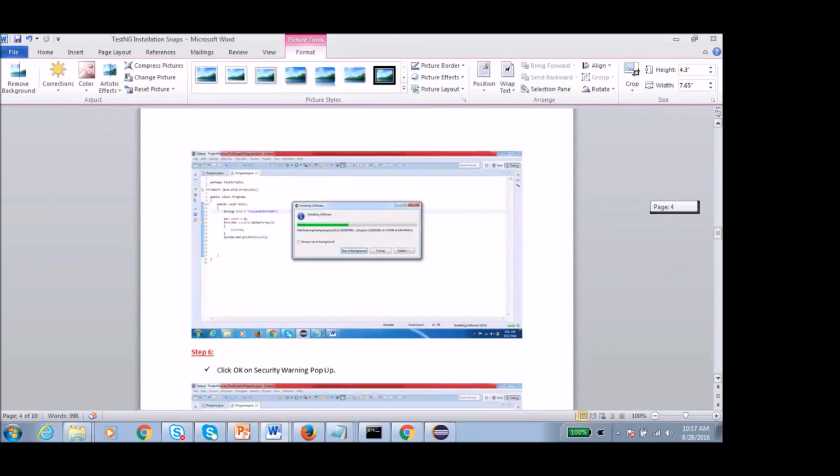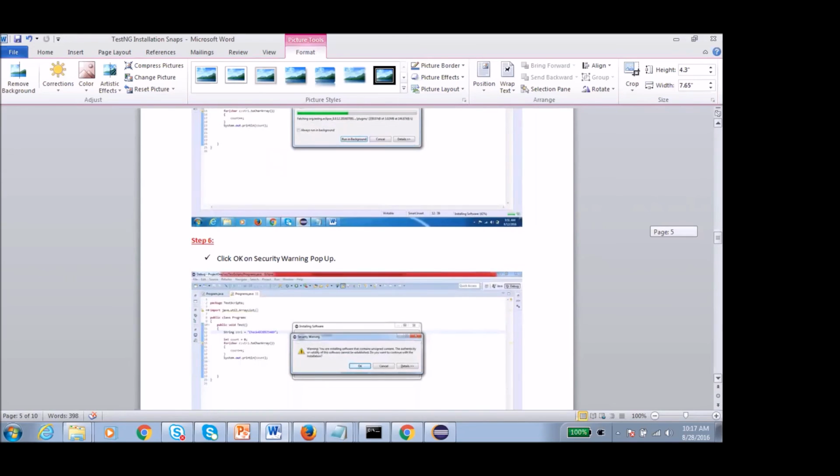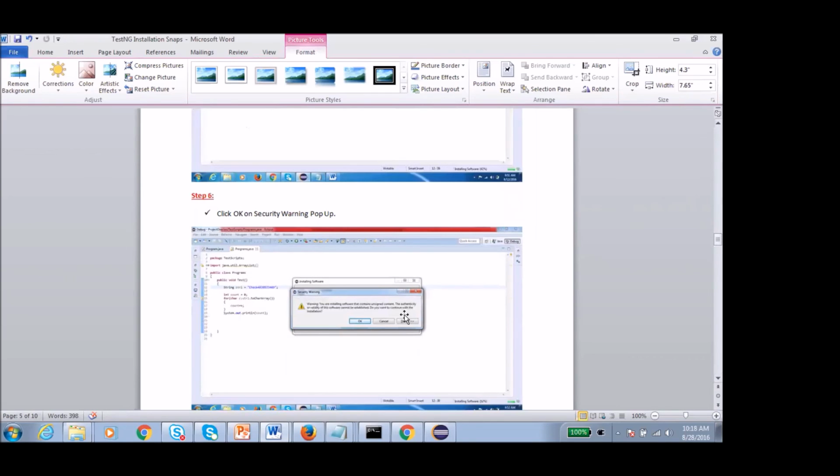It will take some time to install. It will pop up a window, Installing Software, and it will take some time. It shows that it is running in the background, so we are not able to see what it is running. It will throw this pop-up and you just wait for some time. It will take like 10 or 15 minutes, and then we will get this pop-up.